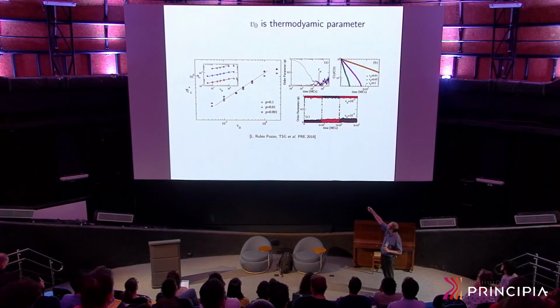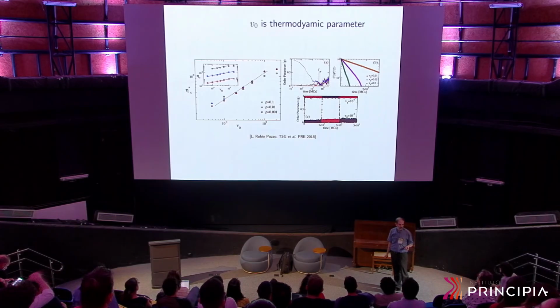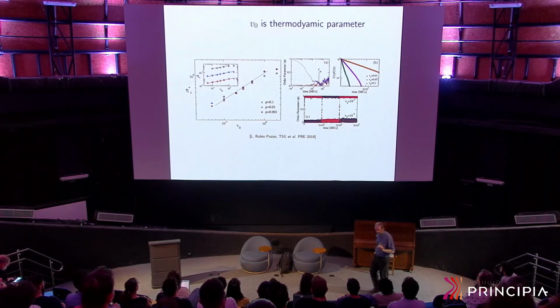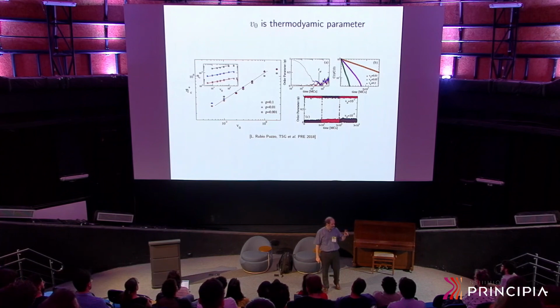No, the red system. We change the velocity, we lower the velocity, and it disorders. And then we change it back again, and it goes back to order. So V naught seems an innocent parameter. It seems that you can always set it to 1, but it's not. And when you think of it, it makes sense because